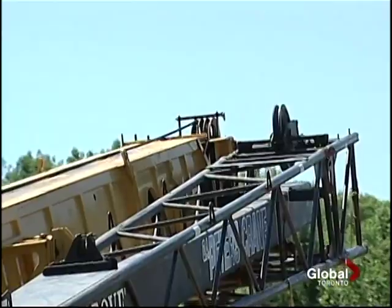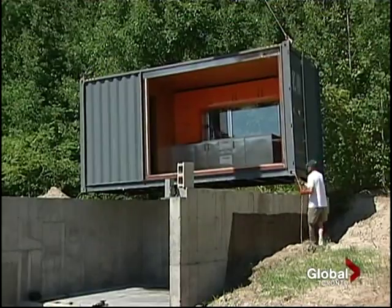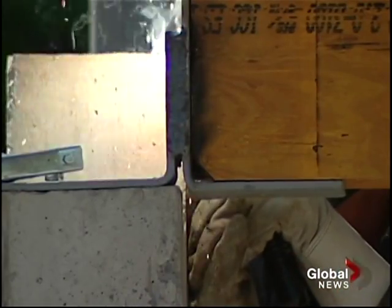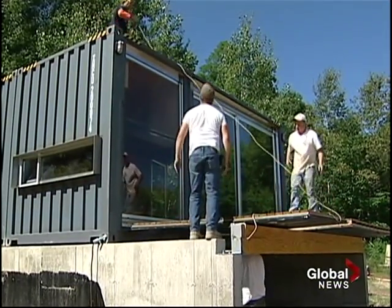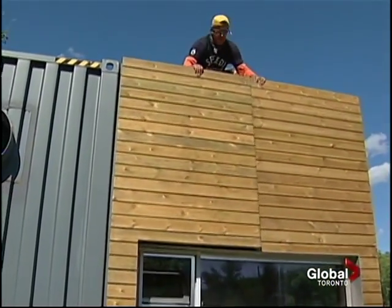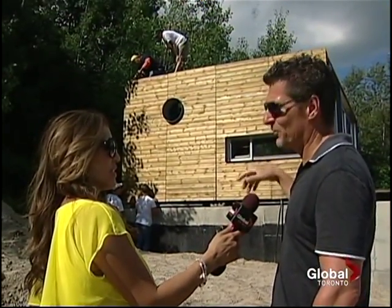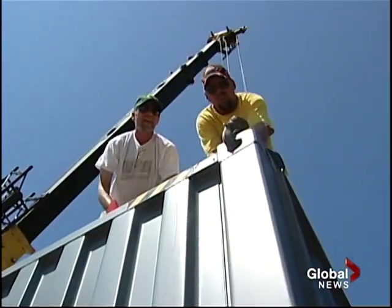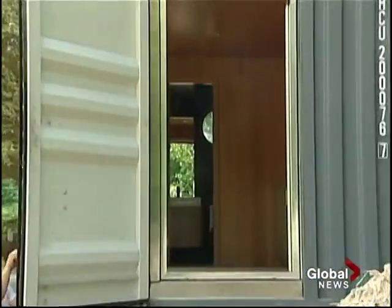Another main advantage is speed. After the foundation is set, the units are dropped on site by crane, clicked together, and drilled into place. Gotcha. Decks are peeled back to reveal floor-to-ceiling windows, and the corrugated exterior is clad in cedar paneling. You can customize it and take, for instance, slate or any other material to use as an exterior. The entire on-site assembly took place before our eyes over an 8-hour workday,